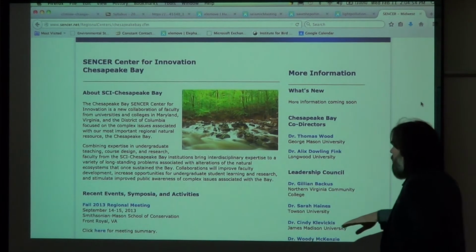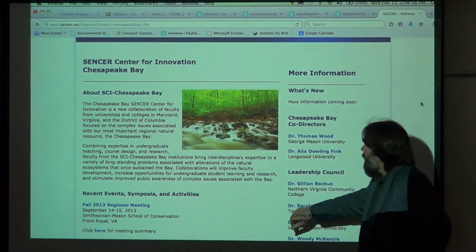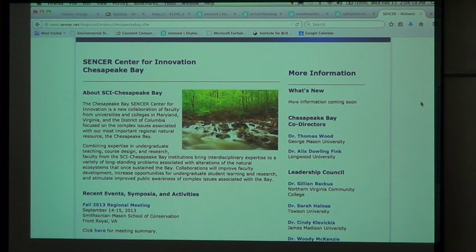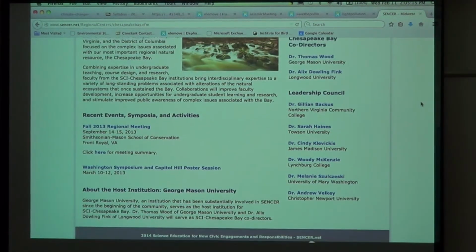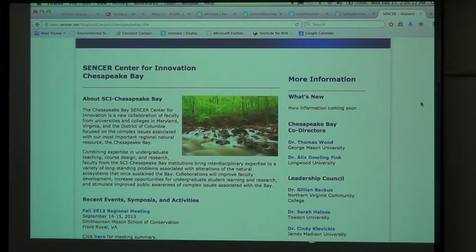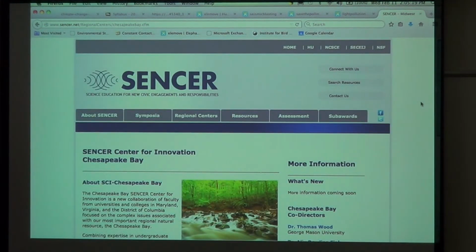We did a meeting out here at Front Royal to follow up on ideas of coordinating faculty across institutions, with expertise in different institutions. Again, getting outside, getting into the field, bringing in NOVA folks, Towson, James Madison, we've got all the way down to the Bay at this point in time. A few other folks are doing it. So if you're interested in SENCER, we'd be more than happy to help. I want to bring in more faculty from Mason.